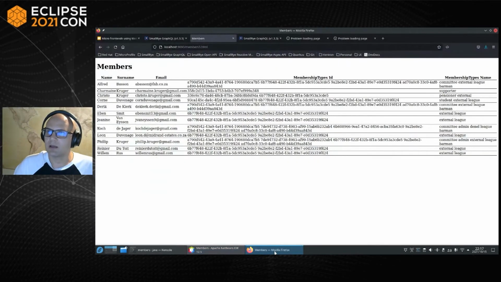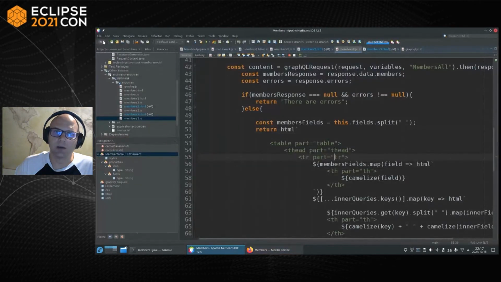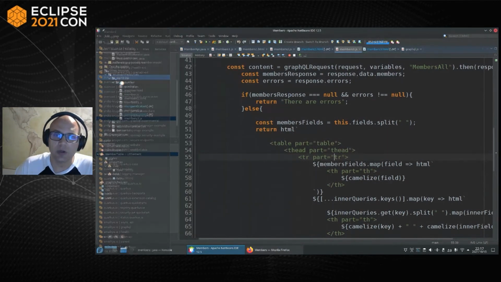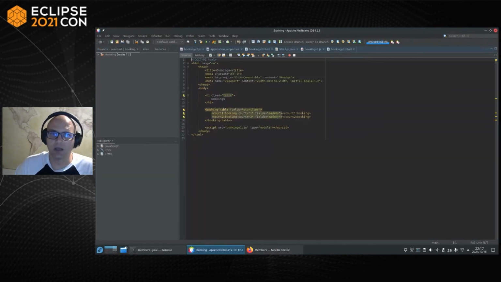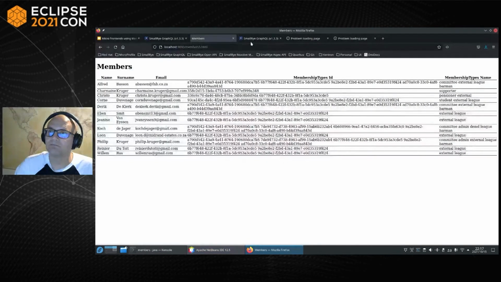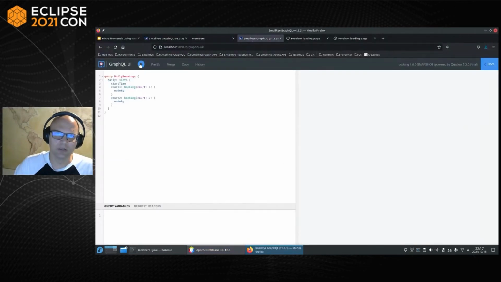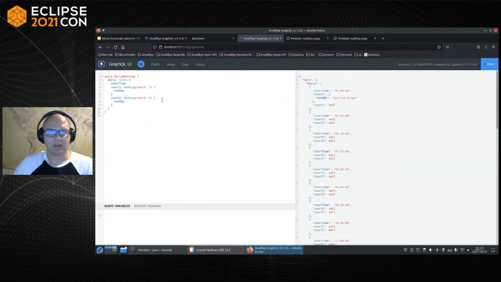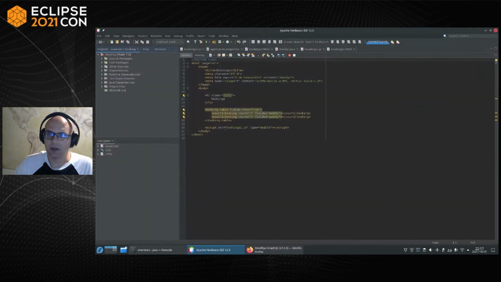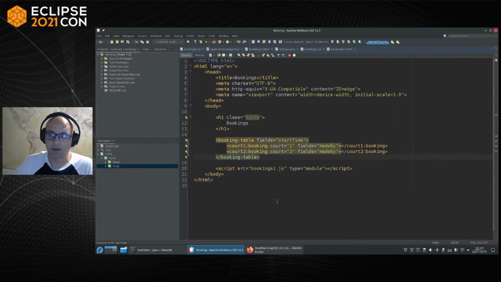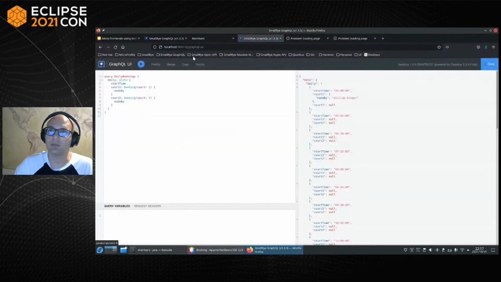So let's look at the other microservice, which is the booking service. Now, booking is pretty much the same. If we go here, we want to do a query like this. This is a booking system. It runs on 1991. And we want to basically say, get me today's bookings, so daily bookings for these time slots, get me the start time, and then also the booking. But now I need to name this because I'm asking for the bookings for 2 courts. So to do that, we can do something like this. And then if you look at the bookings,